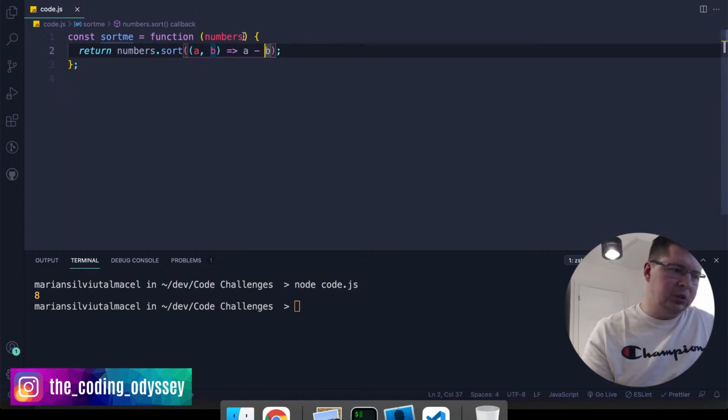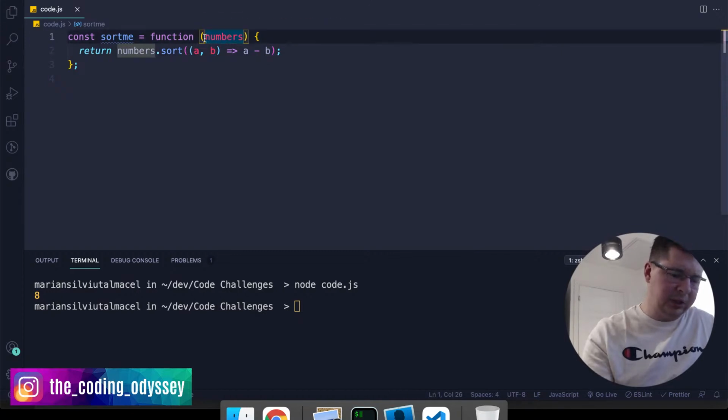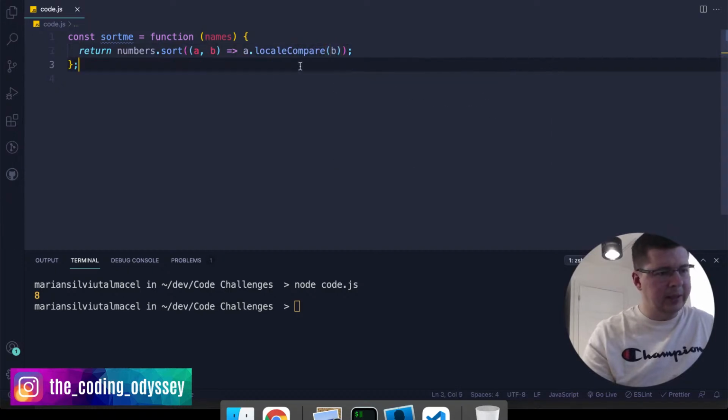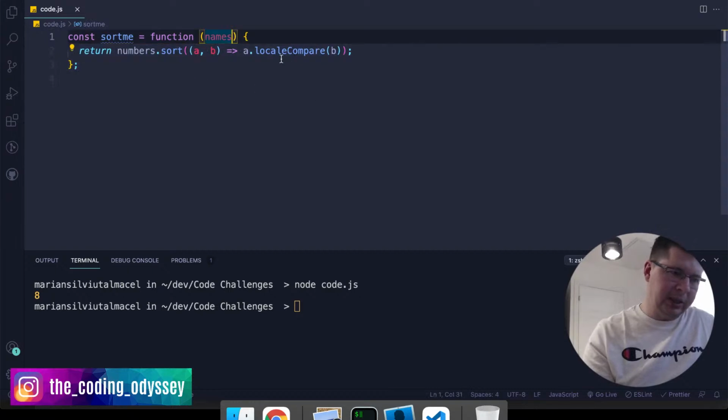Now because this will be names in these functions, this works differently because these are strings and they work differently in the way you sort them. Names here. Here what you would say is a localeCompare b, and again I'm not going to try to explain how this works, but basically, yeah, if you're saying something like this,